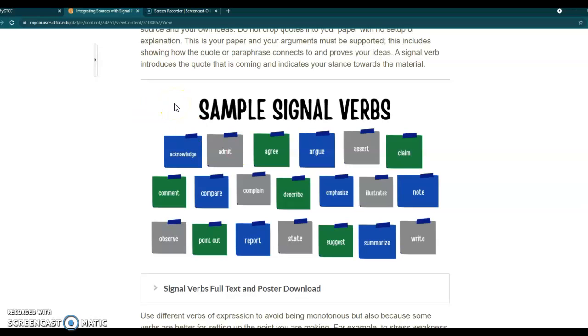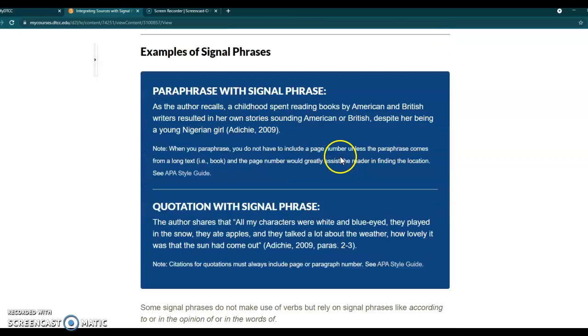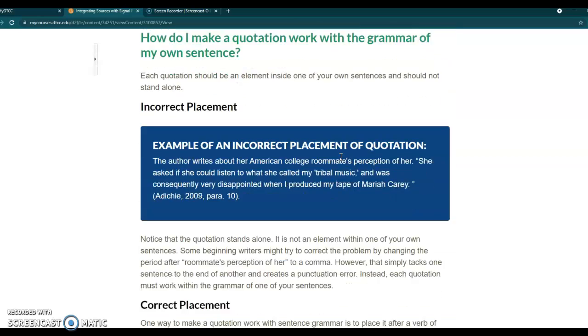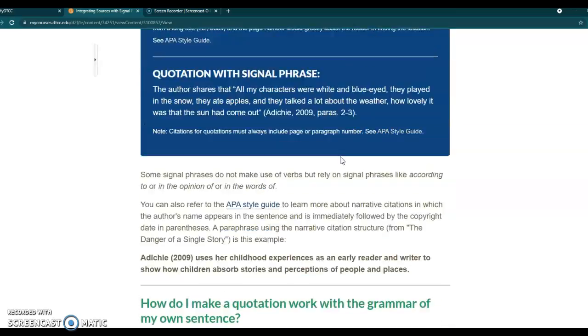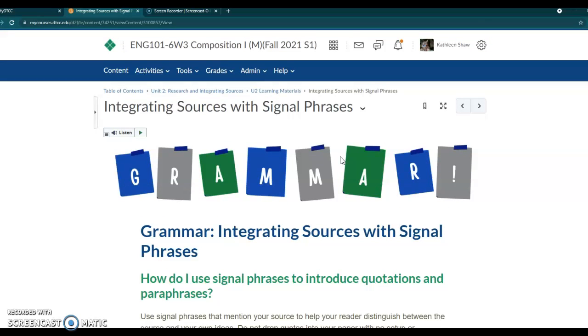It introduces the quote that's coming, and it indicates a stance towards the material. So this is something that you use more in quotations and paraphrases. These examples here are a little more opinionated, but you can also use signal phrases as a form of attributive tag when you're writing your summary.